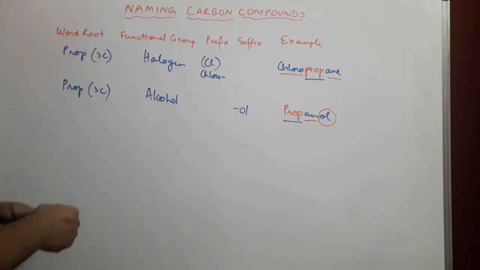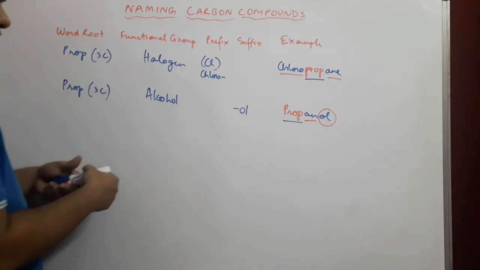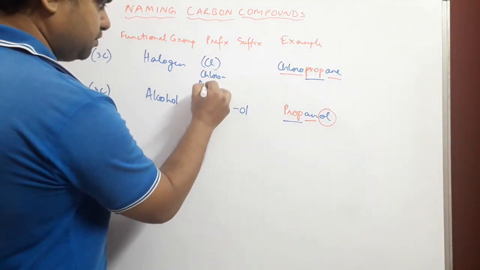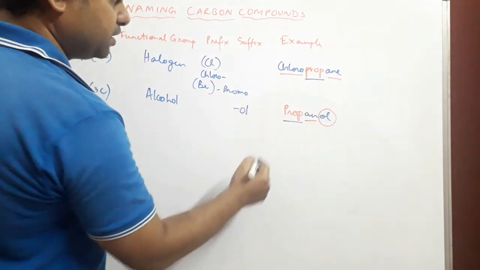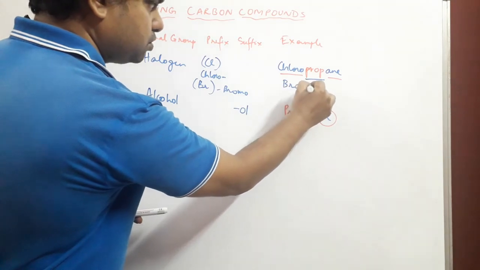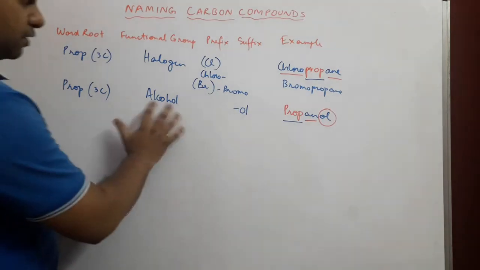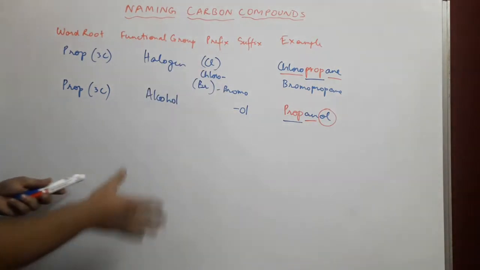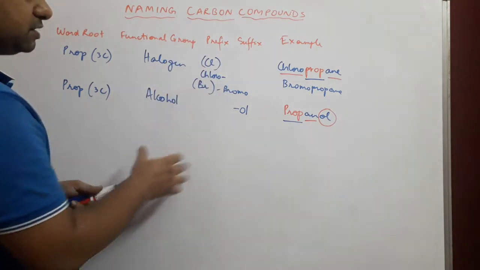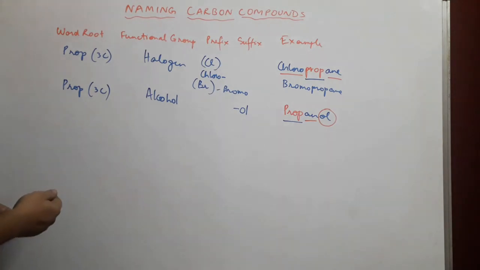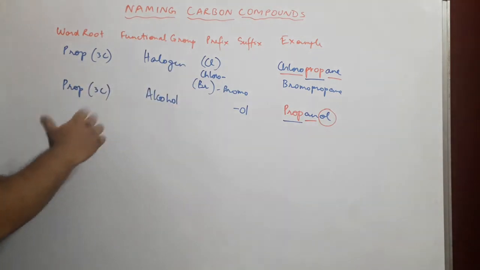Okay, and in this case, just like how for halogens we have Cl for chloro, if we take bromine, Br, then it will be bromo. So like bromopropane. The same thing can be written as bromopropane based on the halogens. Halogens, by the way, are a group of elements that are classified as halogens. We'll learn about halogens when we do the periodic table. For now, we just focus on naming carbon compounds.